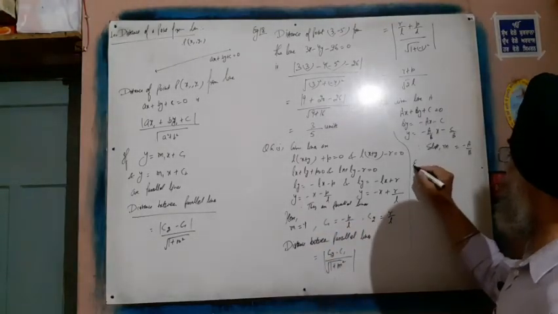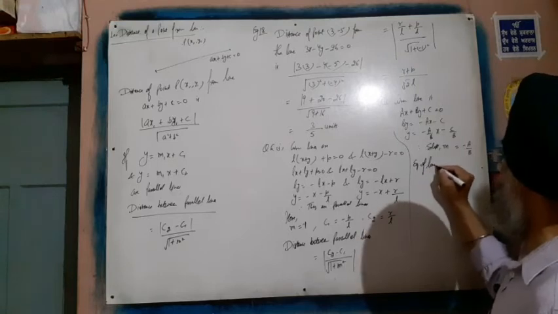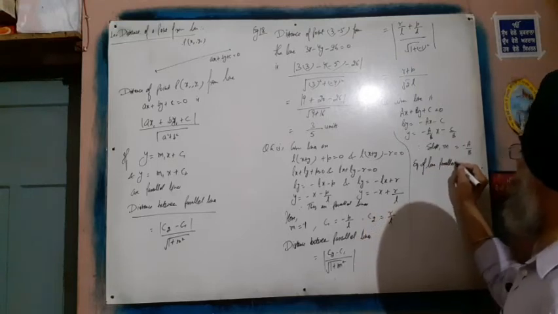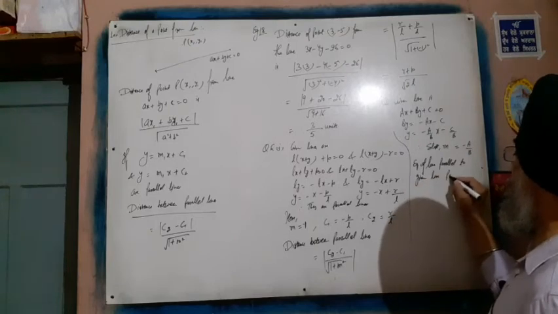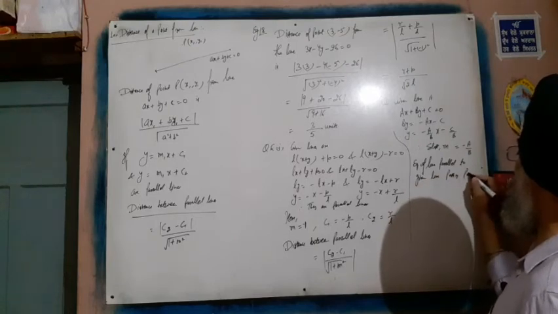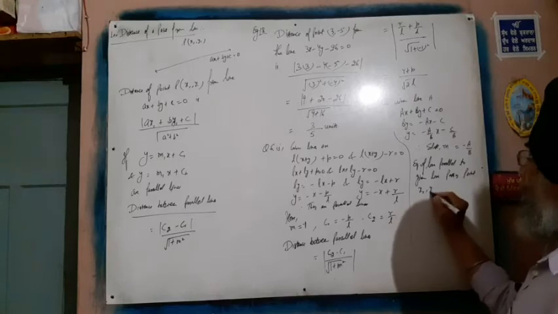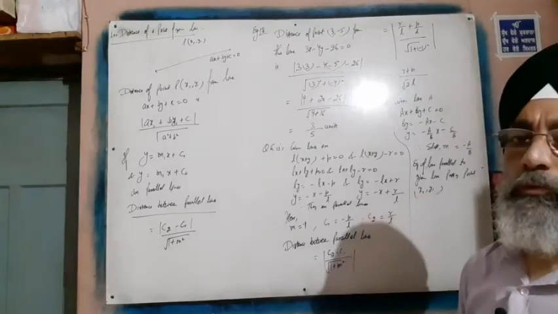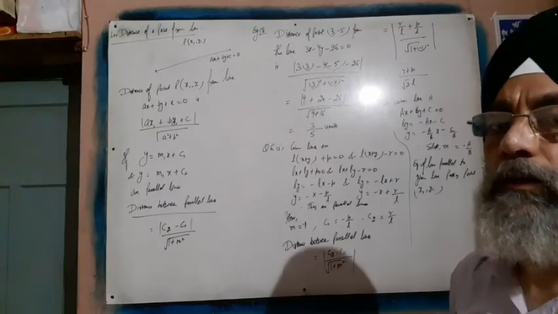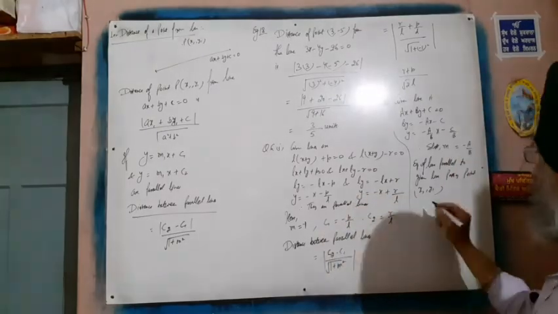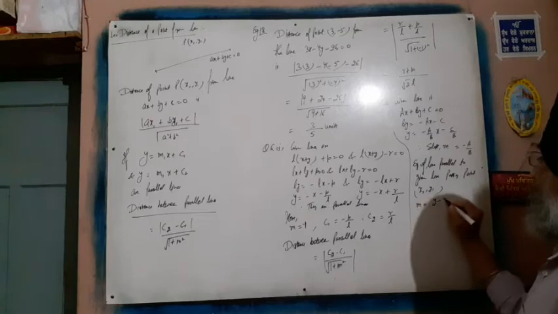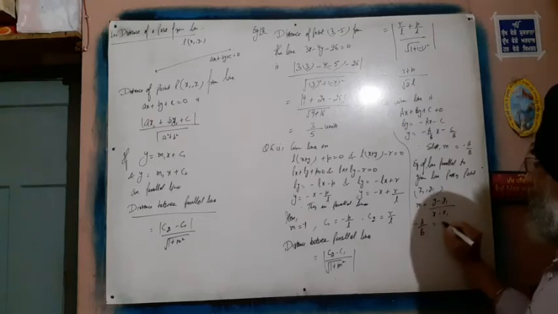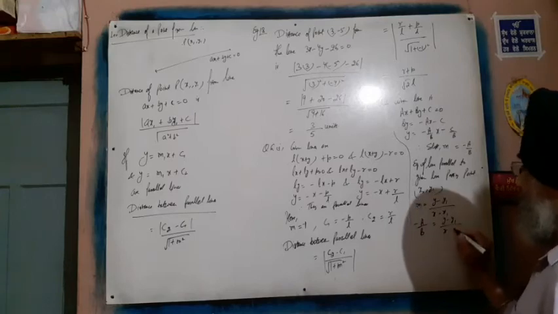Now the equation of the line parallel to the given line passing through the point (x1, y1), where the point is given and the slope remains the same because the line is parallel to this given line. So it becomes m is equal to y minus y1 upon x minus x1, or minus a upon b is equal to y minus y1 upon x minus x1.